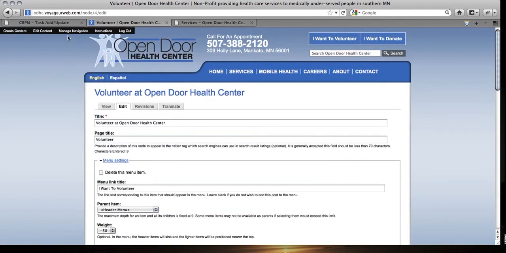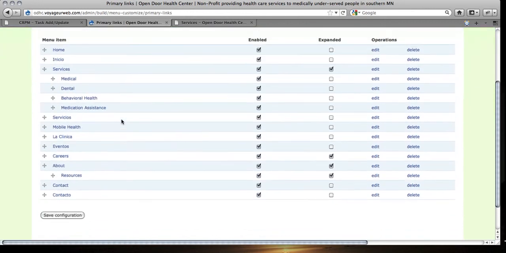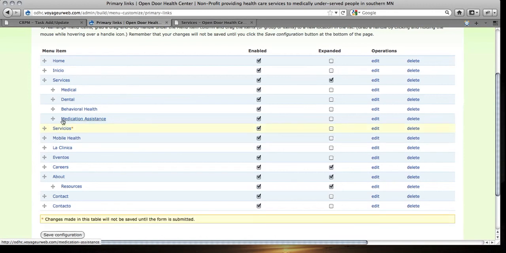Another thing that I will point out to you is up here we have Manage Navigation. I click on that and that will give you a list of the pages on the site, all the links that appear at the top of the page. And you can rearrange these by clicking on the little handle here and then dragging them around. Now you notice you have both Spanish and English here. You just need to make sure that all the English ones are in order and all the Spanish ones are